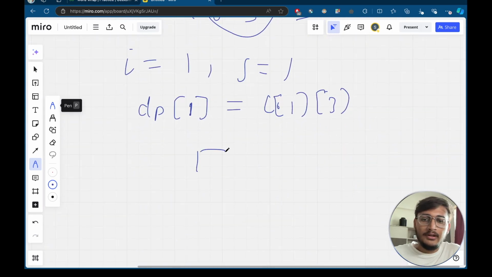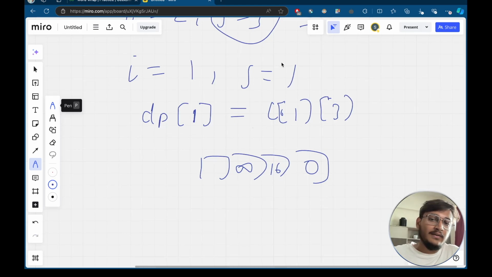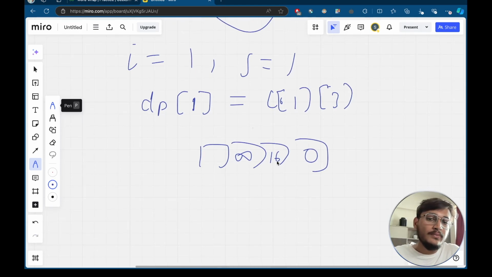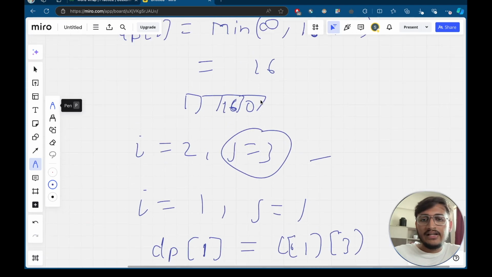So in the array we will be storing 0 here, 16 here, and here it will be infinite. Now we will move on to the nested loop, as j is less than 3. In the nested loop, we will be updating dp[i] again for calculating the minimum cost. So dp[1] will become equal to the minimum of the current value of dp[i], which is infinite, and the previously calculated minimum cost, which is 16, plus the current